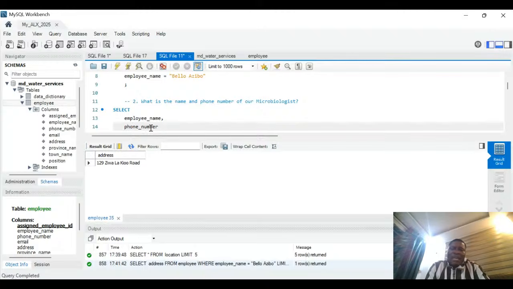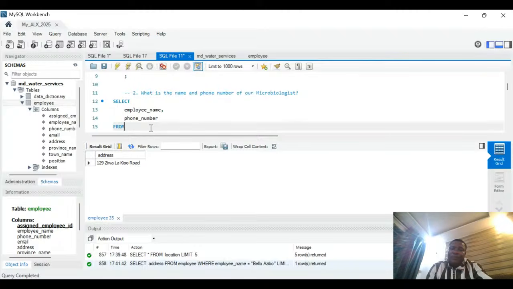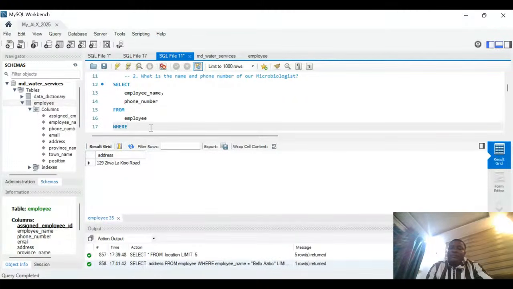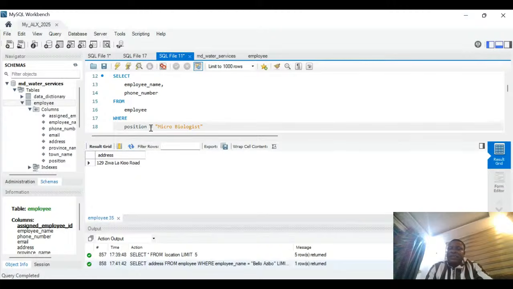So we are asking the system to return employee name and phone number from the employee table where position is equal to microbiologist. Very simple. Our query is saying, go into the employee table, bring me employee name and phone number